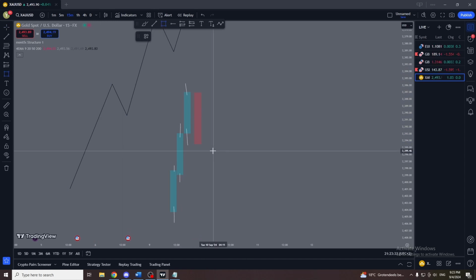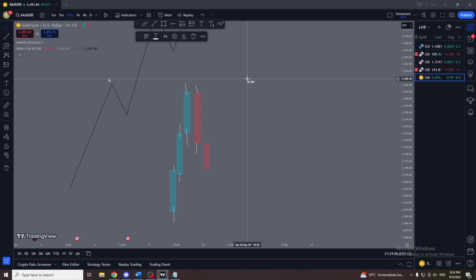Okay, now let's say my next candle goes like this, and there's a wick. Is this a high now or not? This one, is this a high or not? Of course it's a high, because the rule doesn't state it needs to be after a bullish candle. It just says it needs to close below the body or the wick of the previous candle. So if you want to write it down,